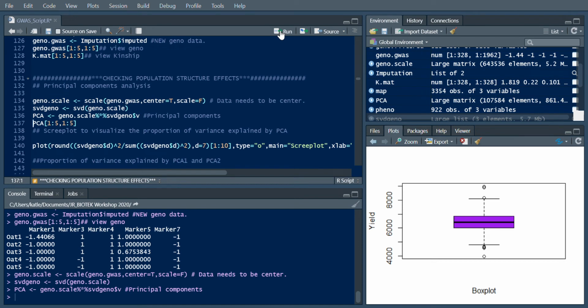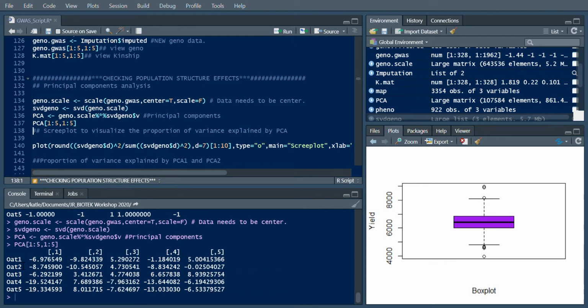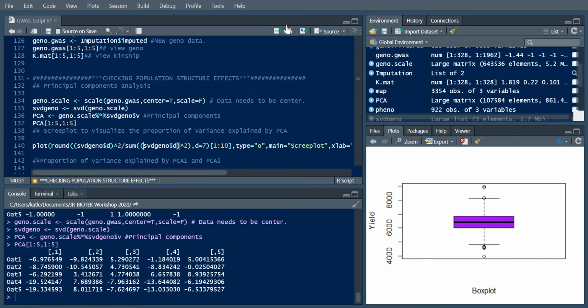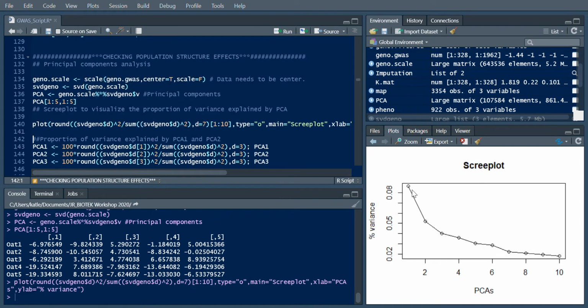So now if you want to view the PCAs, we're just going to view the first 5 rows and the first 5 columns. And this is the PCA for the first 5 rows and the first 5 columns. So now we want to generate a scree plot to look at the percent variation explained by the first few principal components. So this is the scree plot, and you could see the variation explained by the first 10 principal components,